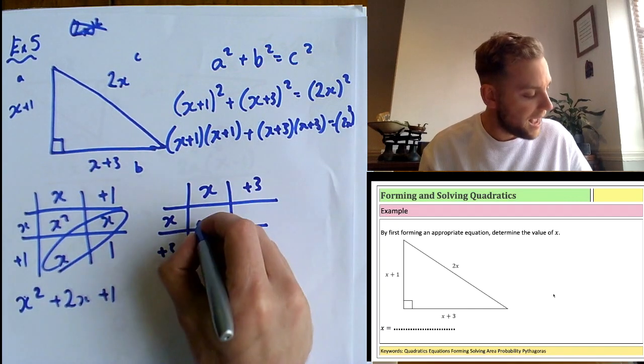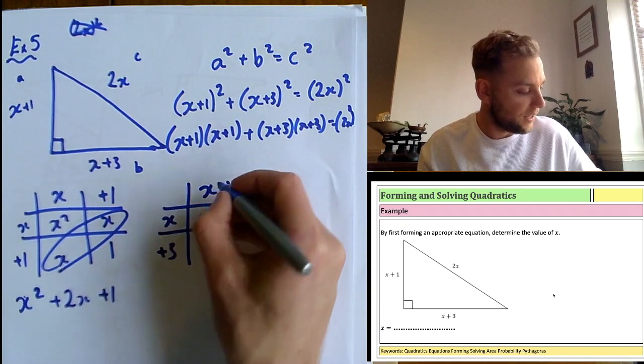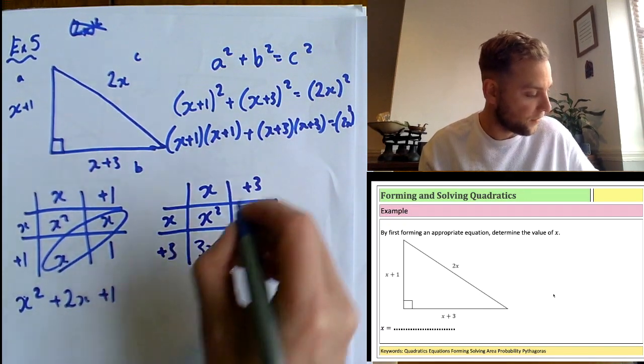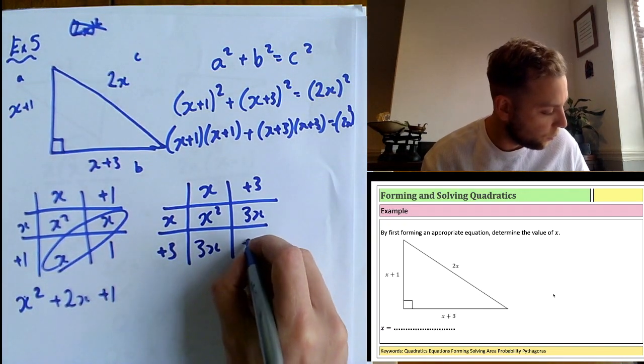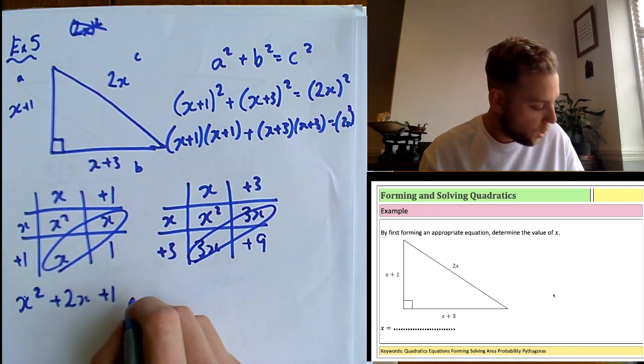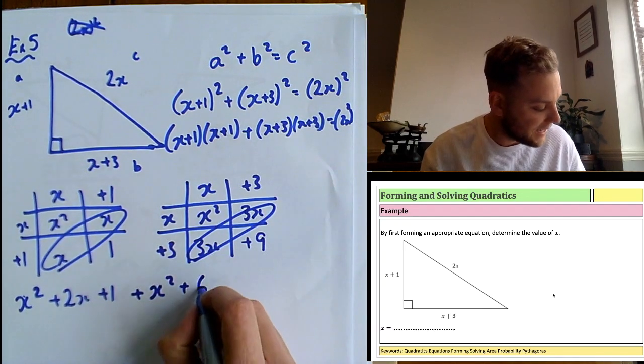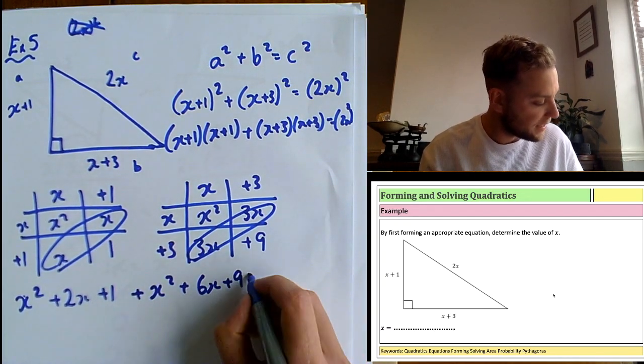So x times x is x squared. X times 3 is 3x. 3 times x is 3x, the same. 3 times 3 is equal to plus 9. These are the ones I'm going to bring together. So it's going to be plus x squared plus 3x plus 3x is 6x plus 9 is equal to,